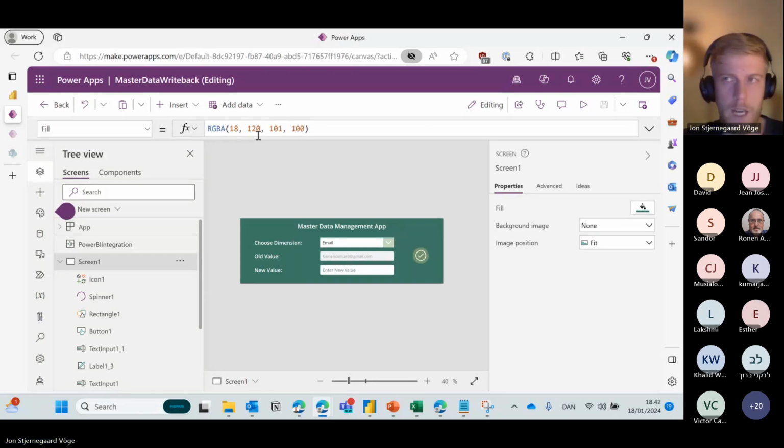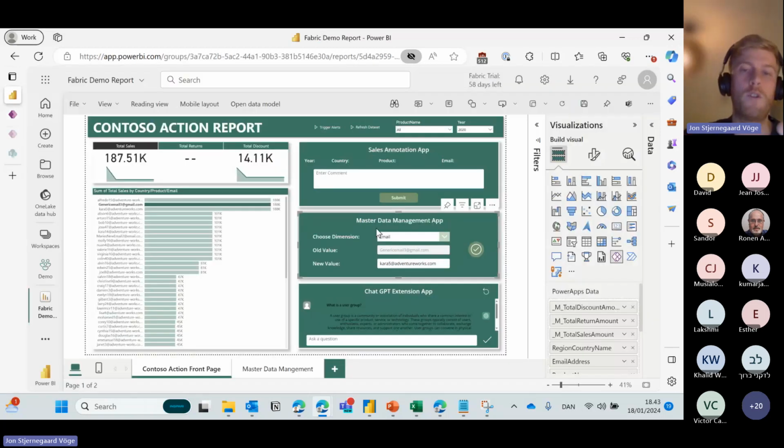So, data write back. In this case it's to a data warehouse inside of Microsoft Fabric, but it could have been to basically any data source that you could imagine. It could again have been a SharePoint list or a Dataverse table, or it could have been a SQL Server. The reason why you might want to use something like the Fabric data warehouse or a SQL Server or a Dataverse table in this case, and not use SharePoint, is because the specific use case here that I want to do